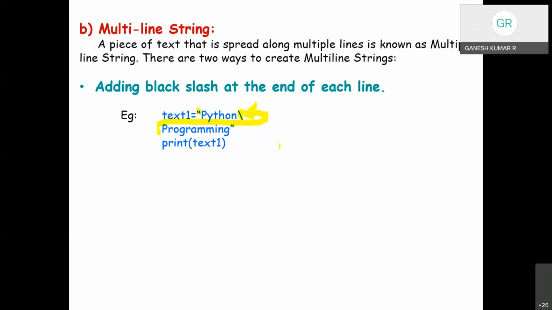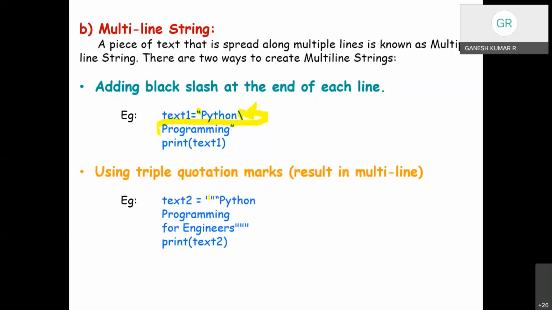The second way is to use triple quotation marks, either double or single triple quotation marks. This is also valid. Here we are not required to have a backslash. If you like to avoid the backslash, then triple quotation marks could be used to have the statement or the string in multiple lines. This is seldom used. Most programmers will not prefer to have triple quotes.